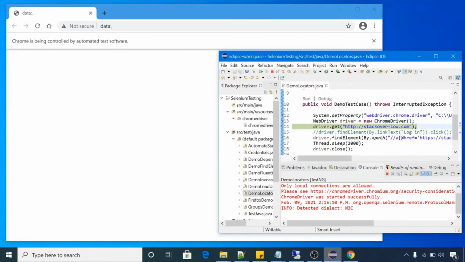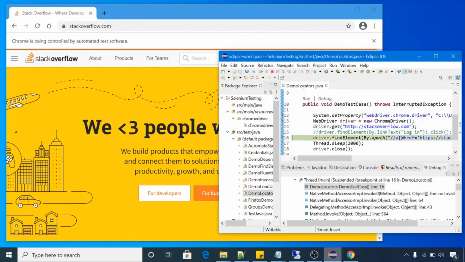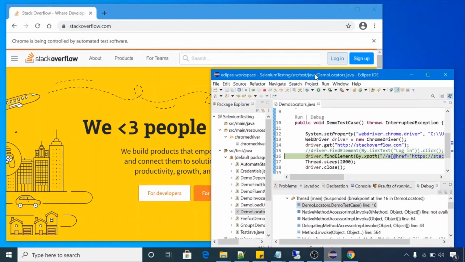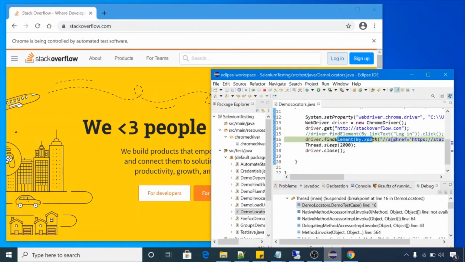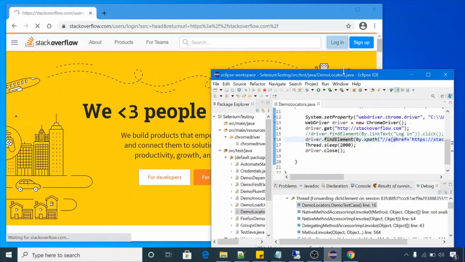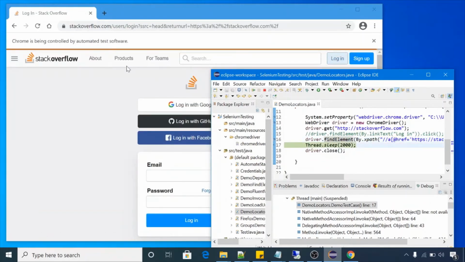Browser launched. Now we are at line number 14. So press F6 again. Now it will launch the stackoverflow.com page. So we are at the stackoverflow.com page. Now this XPath element should be clicked by WebDriver. So let's press F6. Have a look. It's clicking on the login button. So we are at a different page now, right?